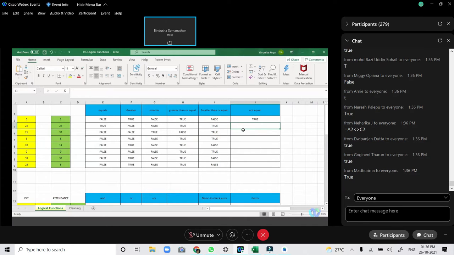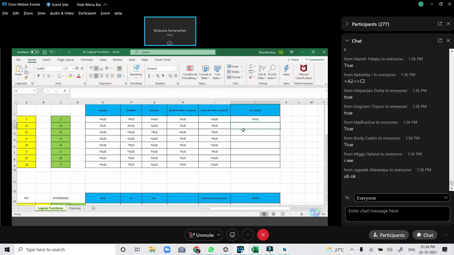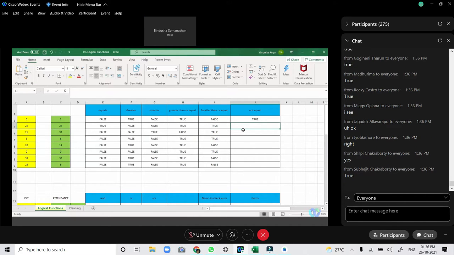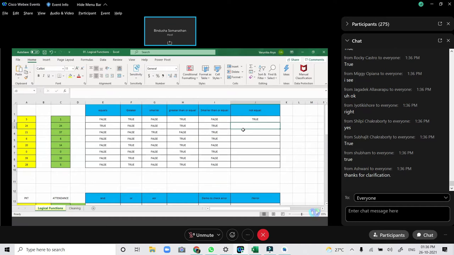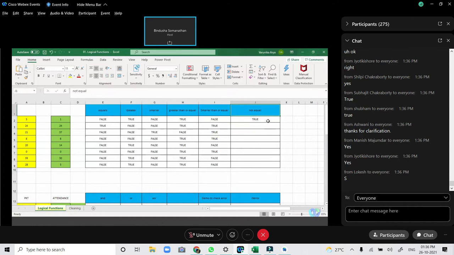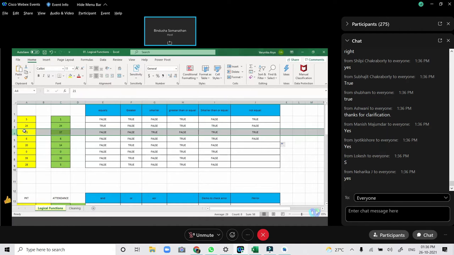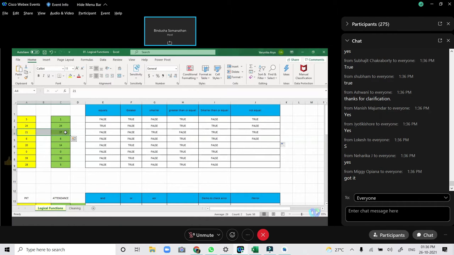Why? Because we are talking about not equals. 5 is not equal to 1, which is true. I hope this answers your question, all those who had this question. See this one, 21 not equals to 37, that's why.